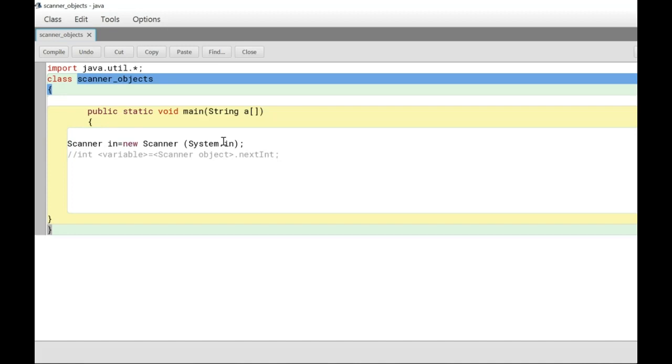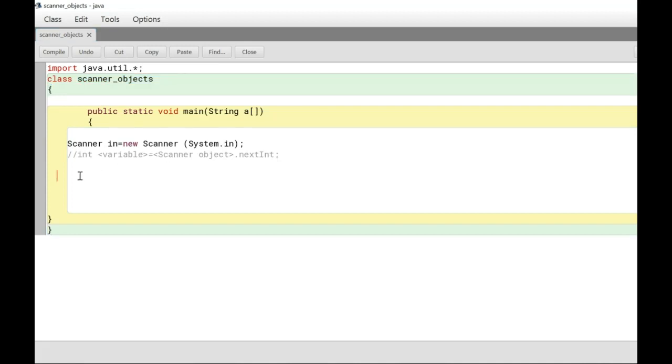Next, this program is going to be about getting the inputs from the user. So how will we be getting the input from the user? There is only one way, by using the Scanner class. If the program says you have to get two names from the user, two digits from the user, two characters from the user, for everything you have to go with the Scanner class. There is no other way to get an input, only one way, the Scanner class. So the syntax for providing scanner is Scanner in = new Scanner(System.in);